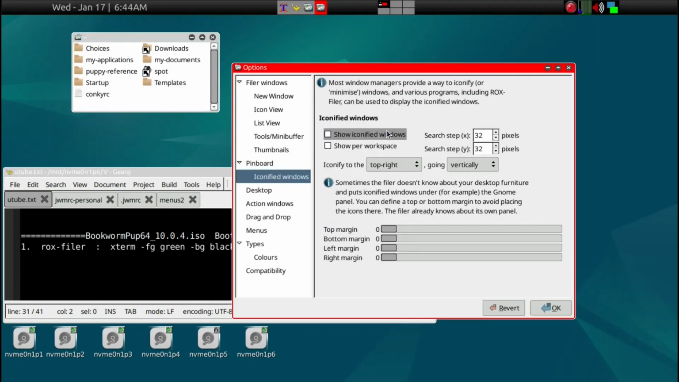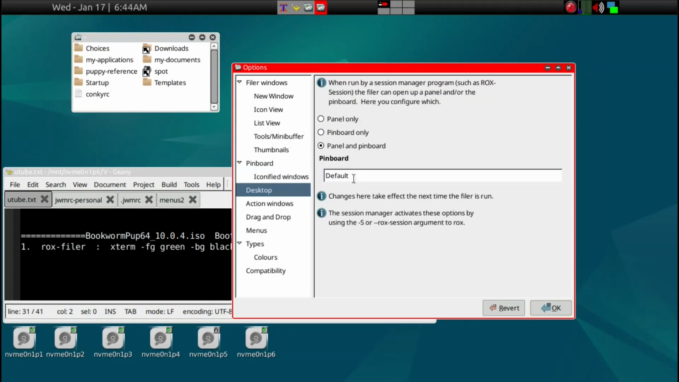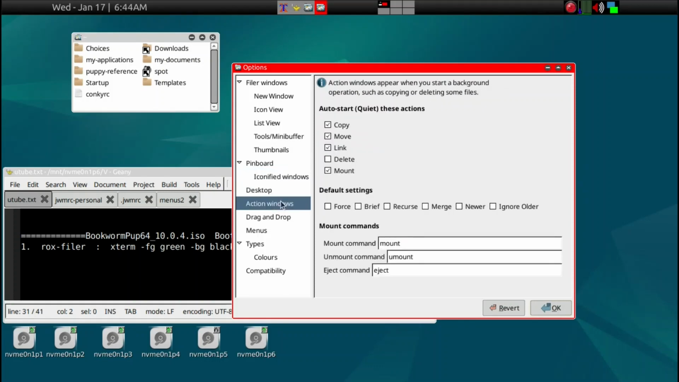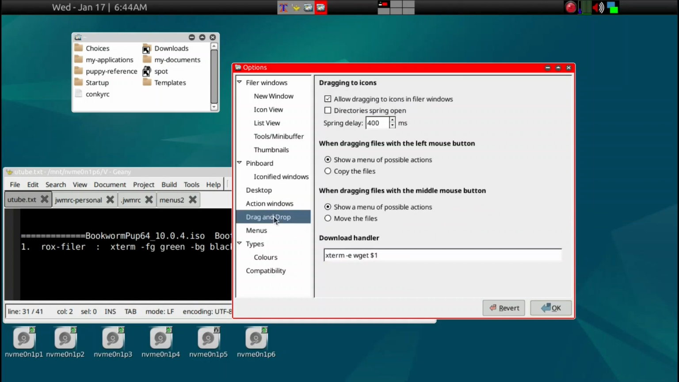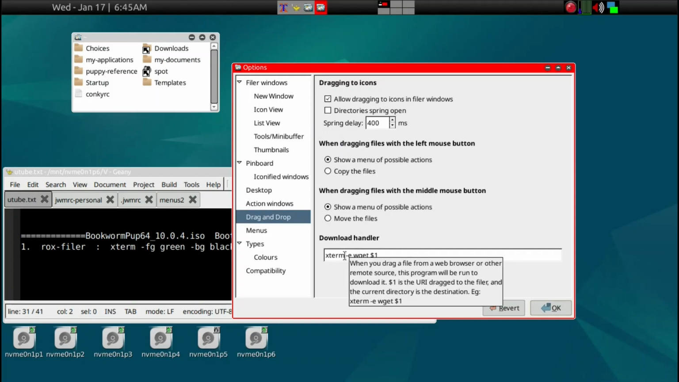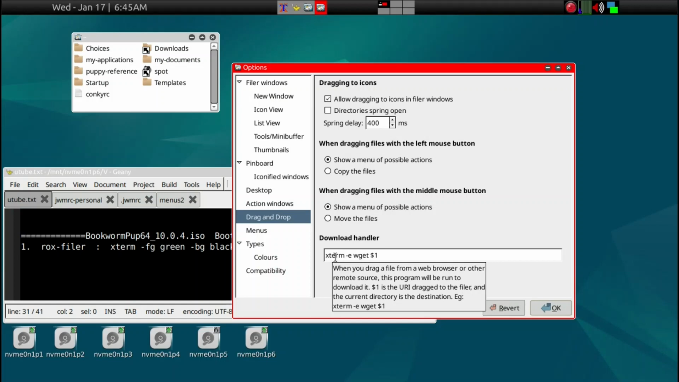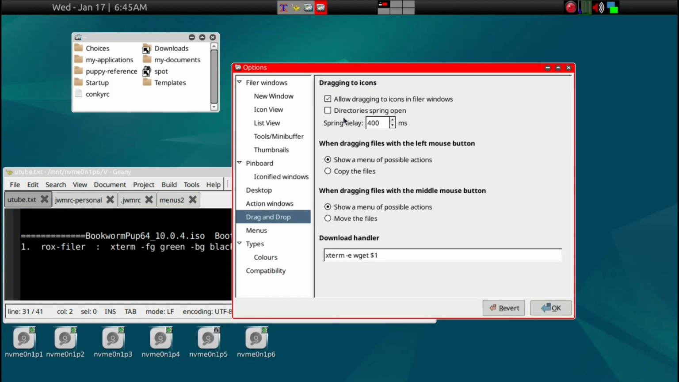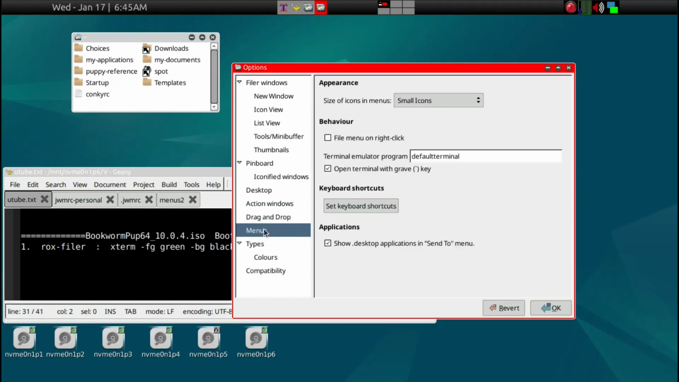Iconize the windows we don't use. Desktop default is fine. Action windows, I usually like to click everything here. Recursive, merge, new, and ignore older. Drag and drop is fine, and my terminal of preference is xterm, so everything is fine. Menus